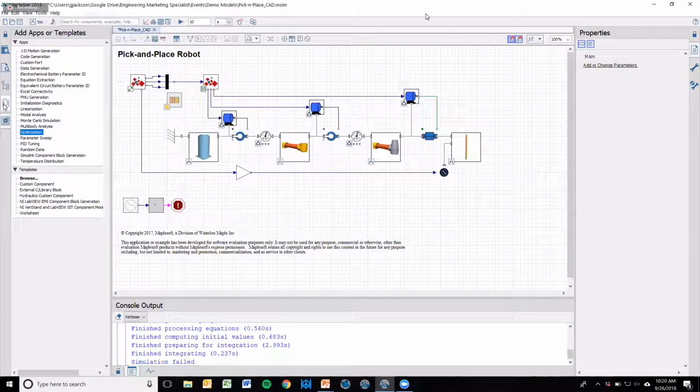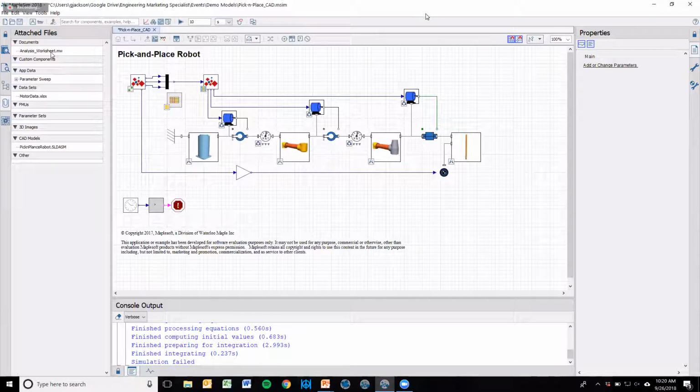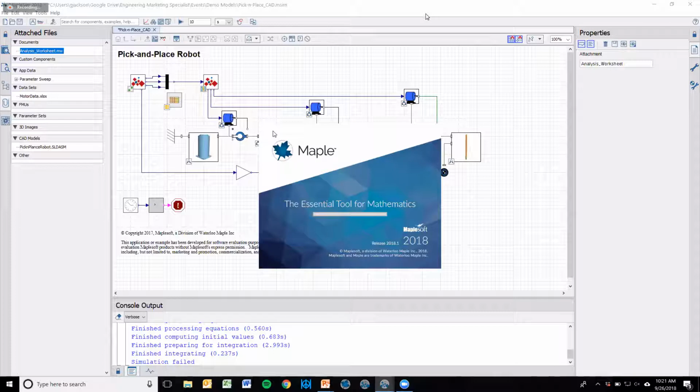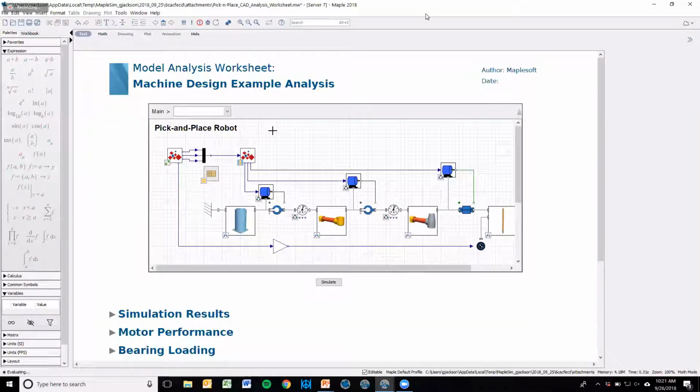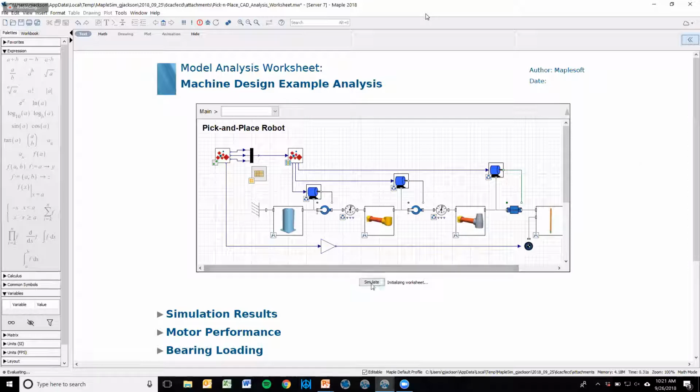Lastly, if you're looking to get more specific or more in depth with your model, although we come with all these sorts of apps and templates, MapleSim sits on top of Maple, which is our computational mathematics environment. And what that means is you can more or less analyze your model as broadly and as deeply as you want. So this is an example of an analysis worksheet that was created custom. It was created using Maple. And what that means is,